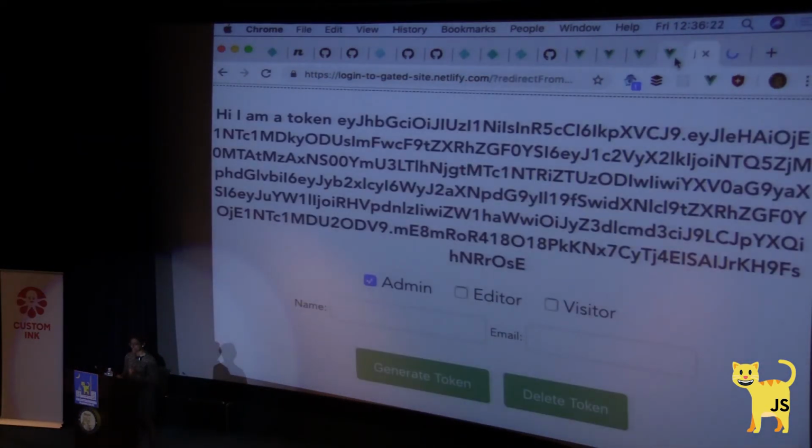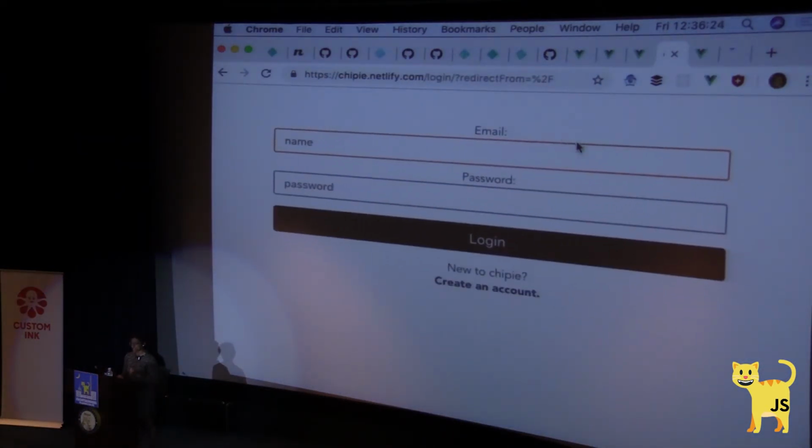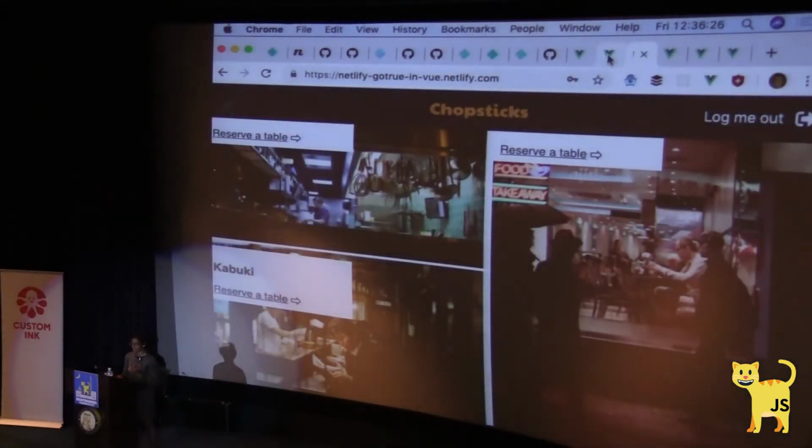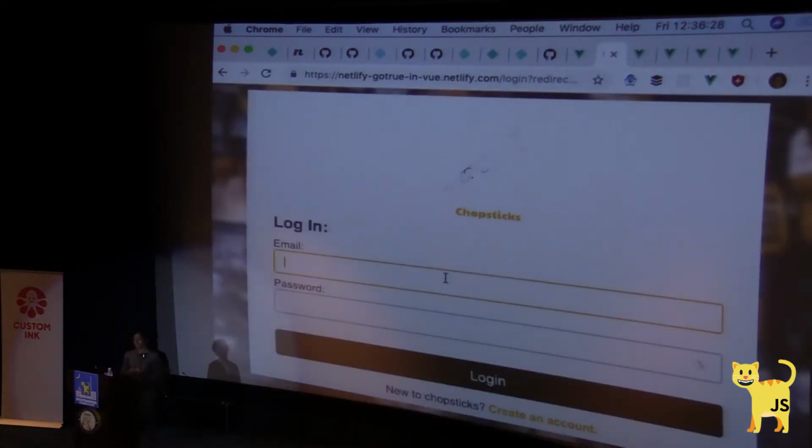This is going to take a while to load, so I will show you this one instead. No, this one, yes. Okay, so this is a separate piece. I just wanted to show you JSON Web Tokens and how those work. But now I'm going to show you actual authentication, like where you would probably use it.